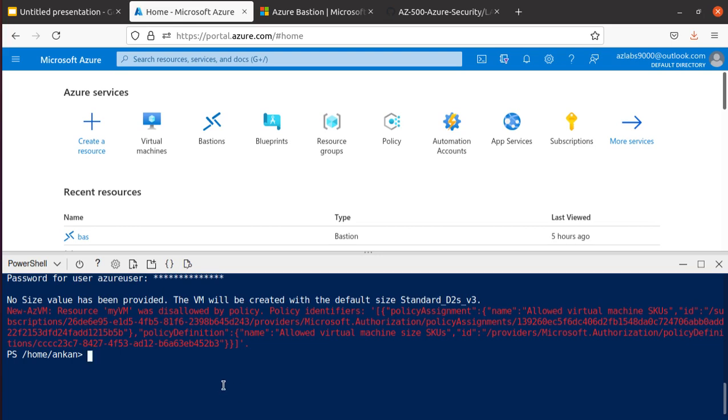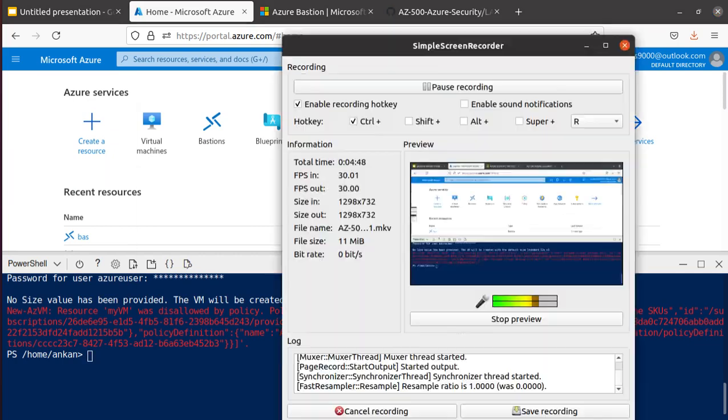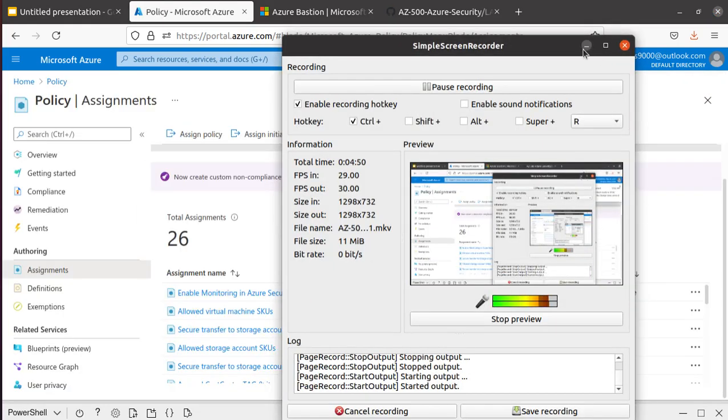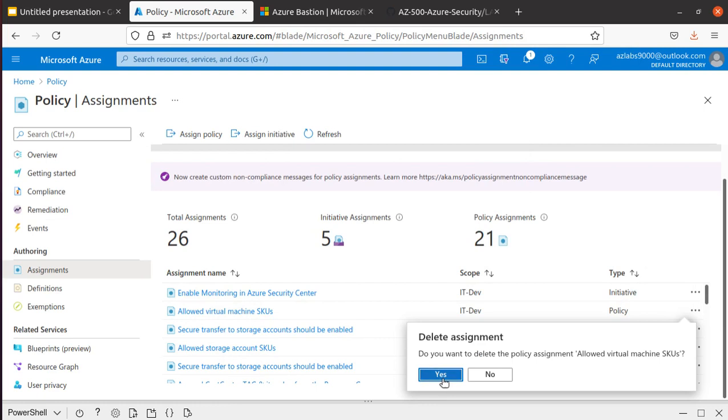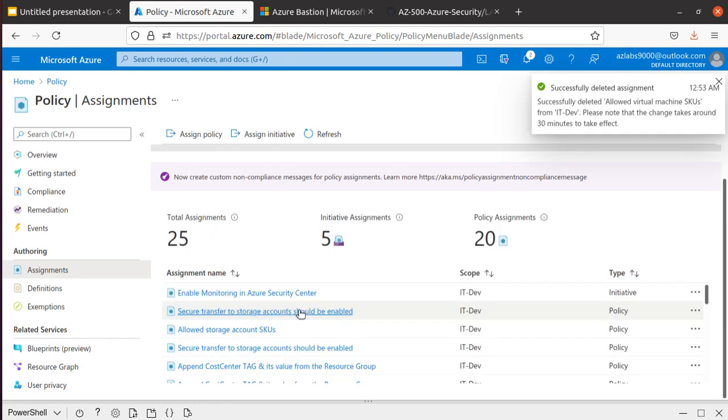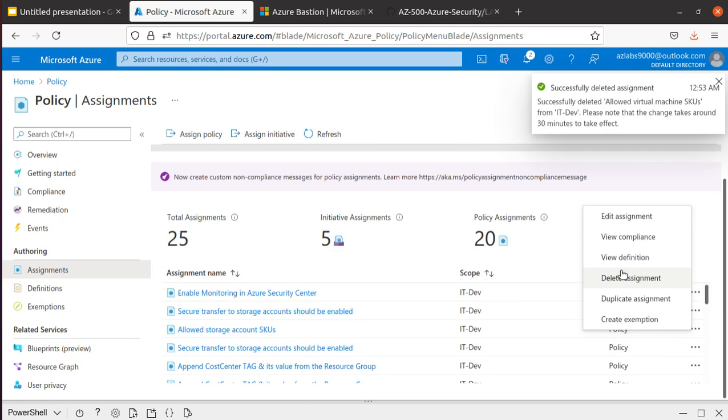So if you come over here, let's see what happened. Okay, I had a policy that I created to stop different types of SKUs from being deployed. Give me a second, let me disable the policy and we'll redo the deployment. Actually, it might be good for you to see what I'm doing. I'm going back to Azure Policy and deleting my policy assignments that are associated with virtual machine SKUs. So delete a few more,